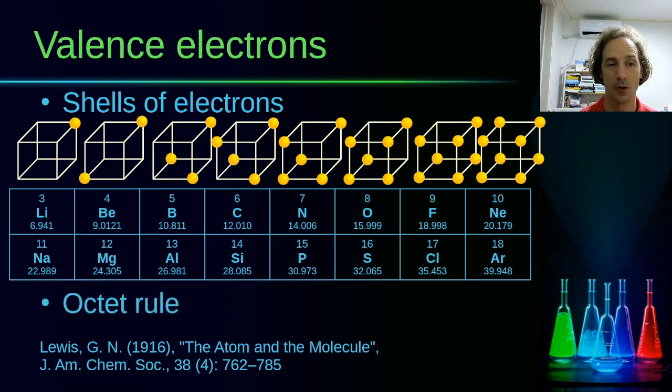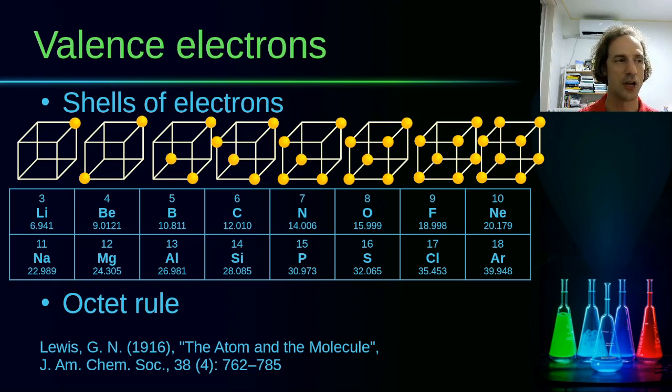So fluorine or chlorine only has 7 valence electrons, so they need to gain 1 more electron to achieve the octet state. So that's why they will form negatively charged ions with charge -1. And for example, magnesium, because it has 2 valence electrons, it cannot gain 6 electrons to fill up this valence shell, but it can lose the 2 electrons to have a full electron shell, which was the last shell under